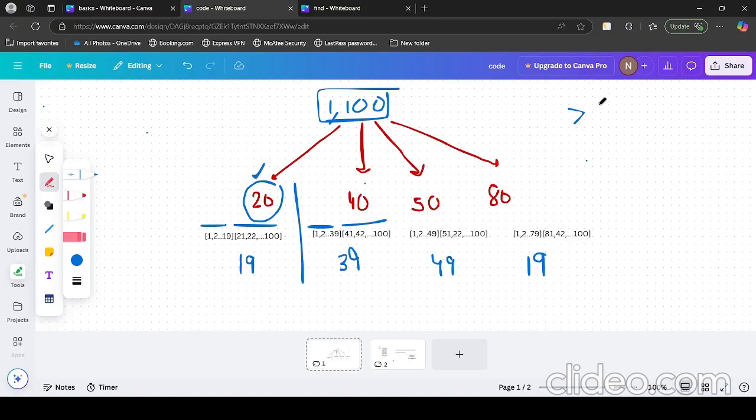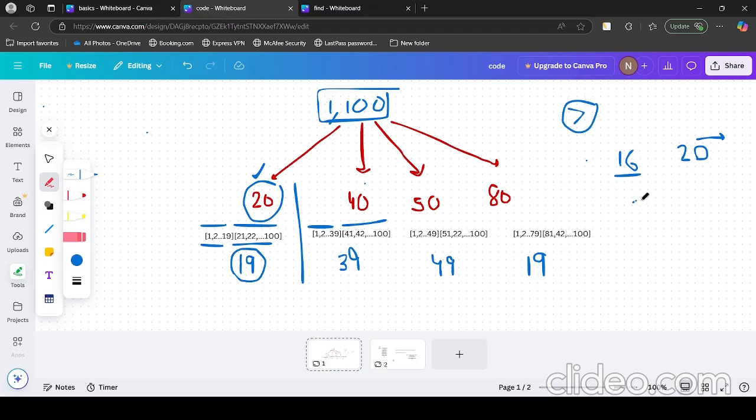So let's say we don't know the initial number and we are taking the worst choice possible. For example, the choices are 1 to 19 and 21 to 100. If we are guessing 20, what is the least number of choices that we are going to ignore? For example, if our number is 16 and the initial guess is 20, there is no need to check the right part and the new part will be 1 to 19. In this way, the least number of choices we are going to ignore is 19